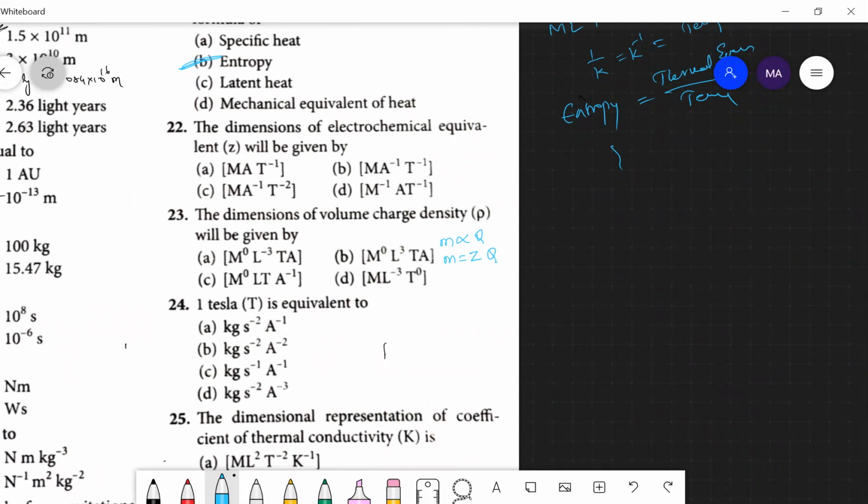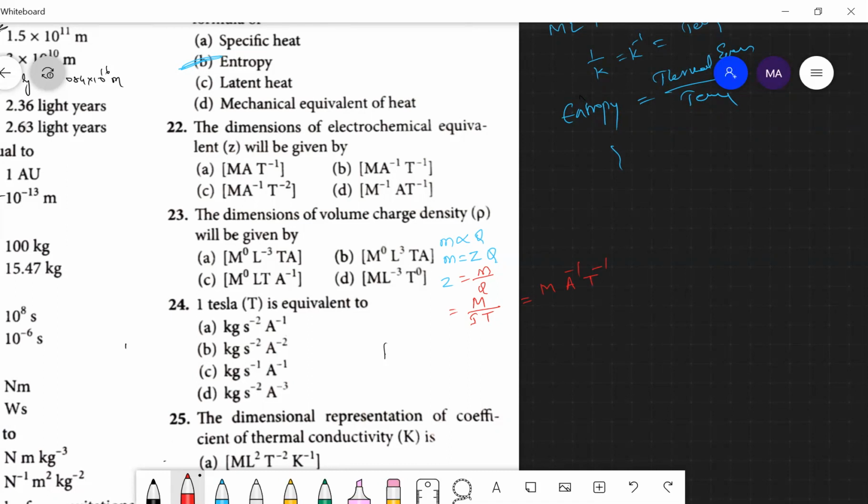So I can write the value of Z. So Z value will be equal to mass by Q. Q is nothing but what? Charge. So if I'm writing for the mass dimension, that will be equal to M. Charge is nothing but current into time. So that will be equal to how much for me? M. Current is measured in ampere, so it is A power minus 1. This one is nothing but time, T power minus 1 part of a relation, isn't it? So the answer for this one comes out for me how much?